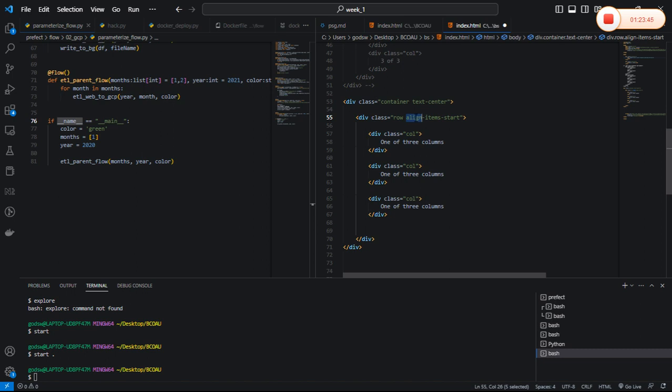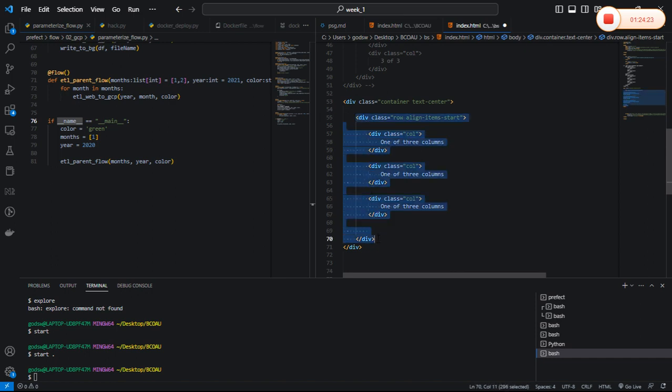Now what do I want to move vertically? Items. So this is going to tell Bootstrap that in this parent div there are some items in it, there are children in it, which are these. So these are the elements that I want to move vertically. Now where do I want to move them to? This one is saying start, which means to the top of the parent. So align is I want to move vertically. What do I want to move? I want to move items. Items is referring to divs